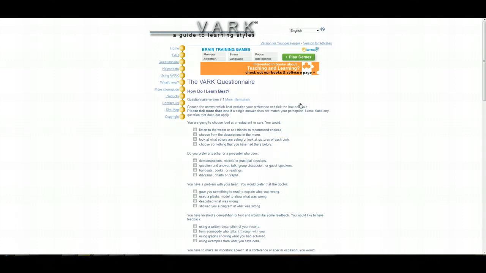For this questionnaire, I have several options. Because these are square boxes, I can check all that apply, just as I can in Blackboard. If none of these apply, I have the option of skipping a question. I do need to answer enough questions for the questionnaire to be able to identify my preferences. As I read through these, I decide what I would like to do. I select the ones that apply, sometimes more than one, other times only one, sometimes none, in which case I